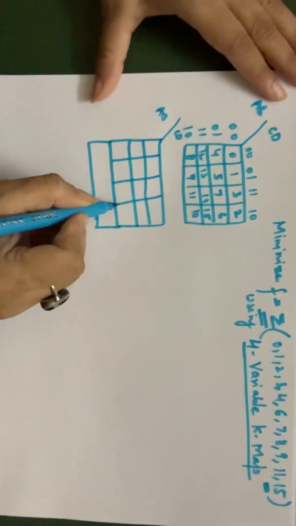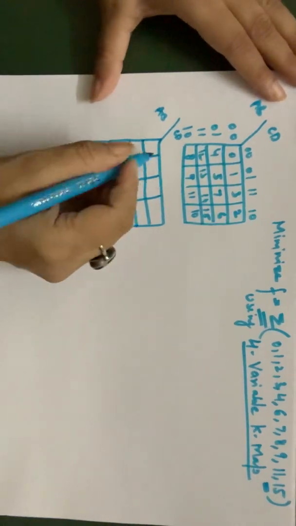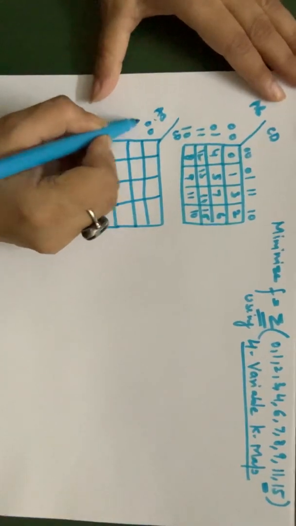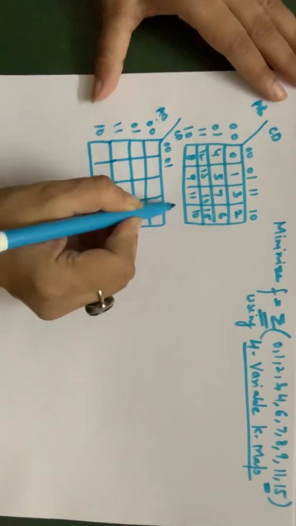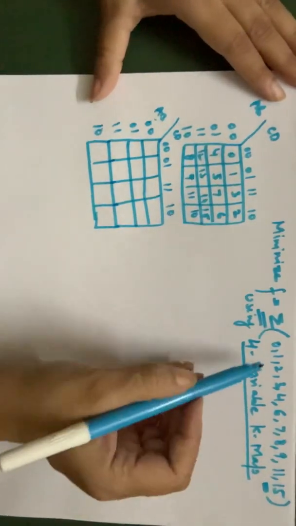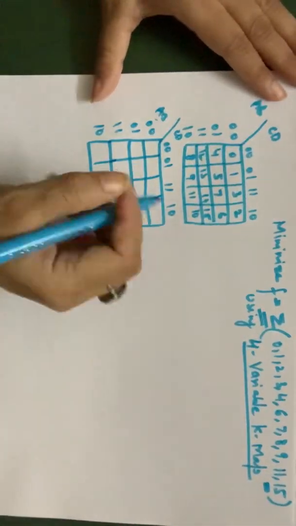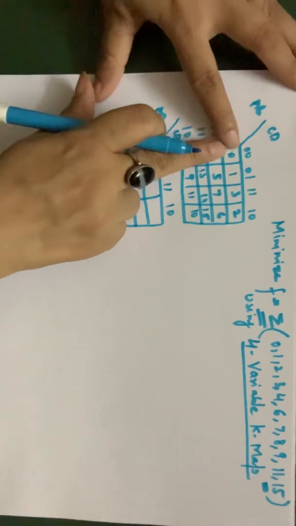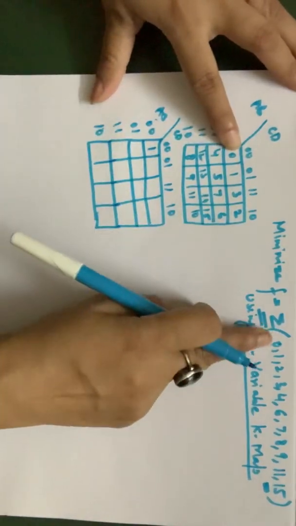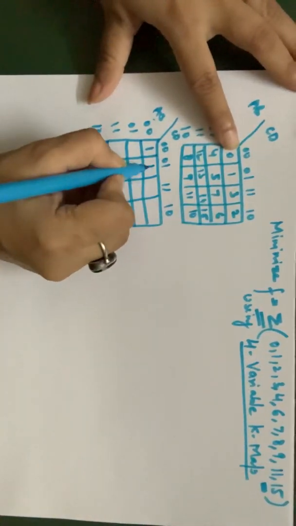Now what are the values? 0 1 1 0 1 1 0 0 0 1 1 0 1 1. The values which are given to me are 0, so we just put the value 1 in place of these digits. So where it is 0, I just put 1. 0 is present, 1 is present, so I put 1 here.